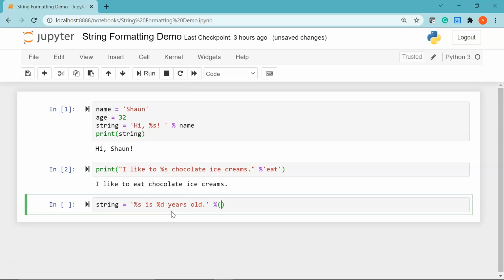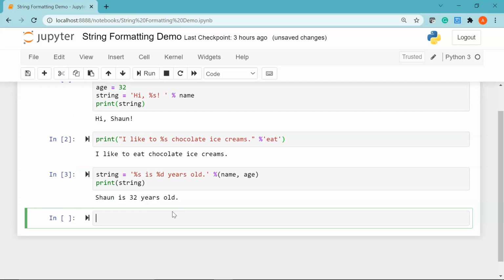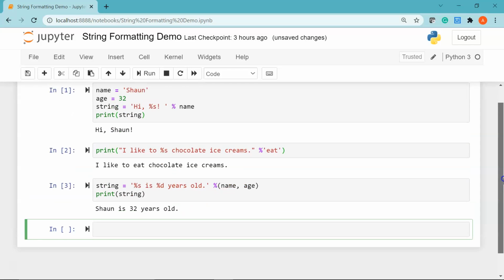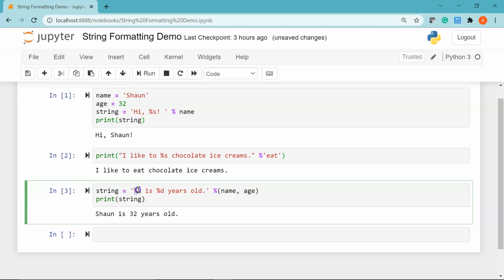Then I'll give a percentage symbol and say name comma age, and let's print the string. If I run this, you see above we had defined the variables name and age to be Sean and 32. So here %s is for name, so Sean is, %d is for age, so Sean is 32